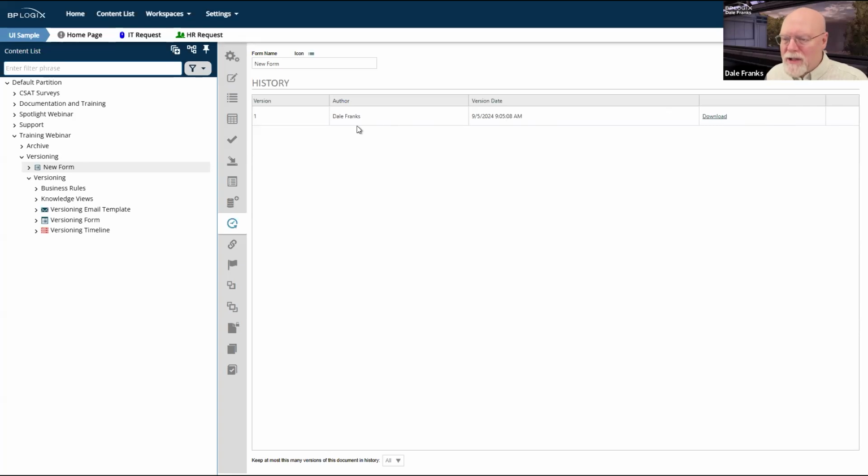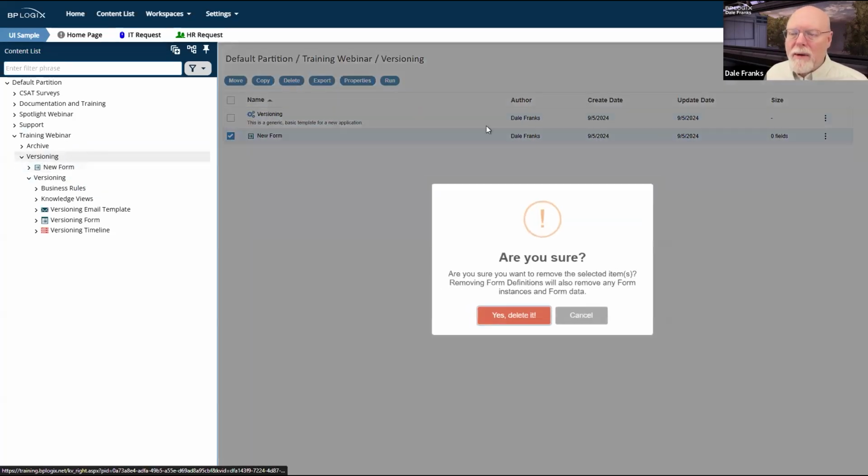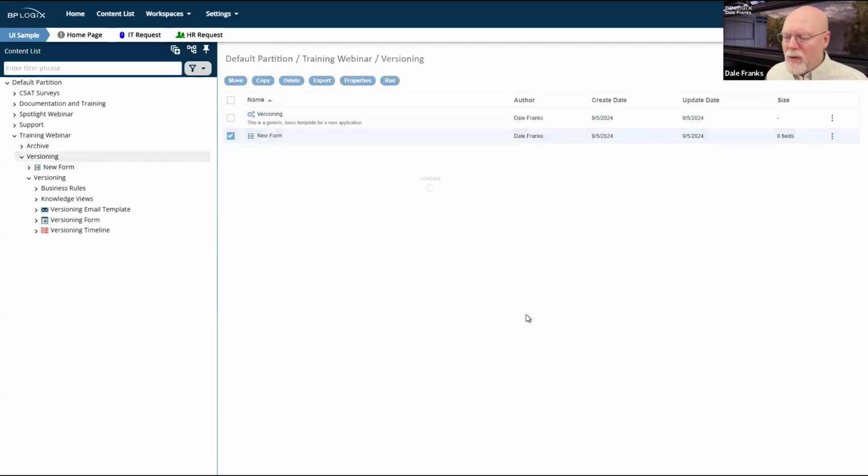And so in this case, when I created the form, it did automatically save it. And so it gives me a version save date. So this is version 1. But again, this is history. This is not a real version of the application. It's useful in a couple of contexts, which we'll talk about in a second, but this just shows me my initial save. And while we're here, I'm just going to go ahead and delete that form, having created it.